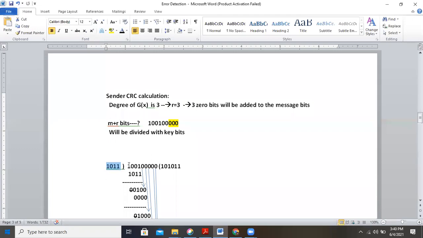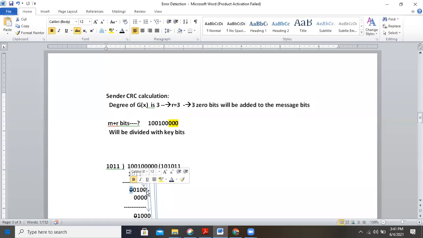So here, as the first bit is 1, we need to multiply with 1. Okay. So if I am multiplying with 1, 1 0 1 1. So these 4 bits and these 4 bits we are going to perform XOR operation. So when I perform XOR operation, 1 1 is 0, 0 0 is 0, 0 1 is 1, 1 1 is 0. Okay. So then what happens? The first leading 0 I need to remove, and we need to take the next bits. So 0 1 0 0.